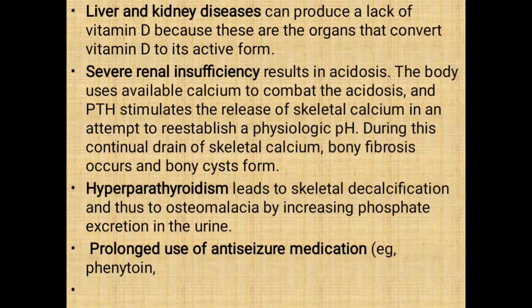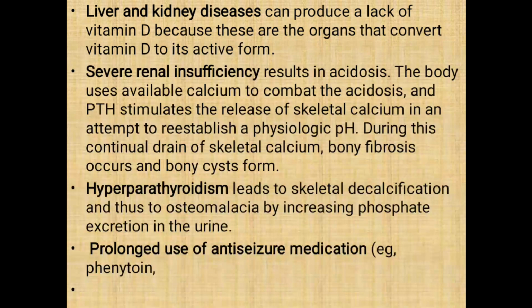Then severe renal insufficiency results in acidosis. The body uses the available calcium to combat acidosis. That acidosis happens due to renal insufficiency. And parathyroid hormone, PTH, stimulates the release of skeletal calcium in an attempt to establish a physiological pH, the pH of the body. So during the continuous drain of the calcium from the